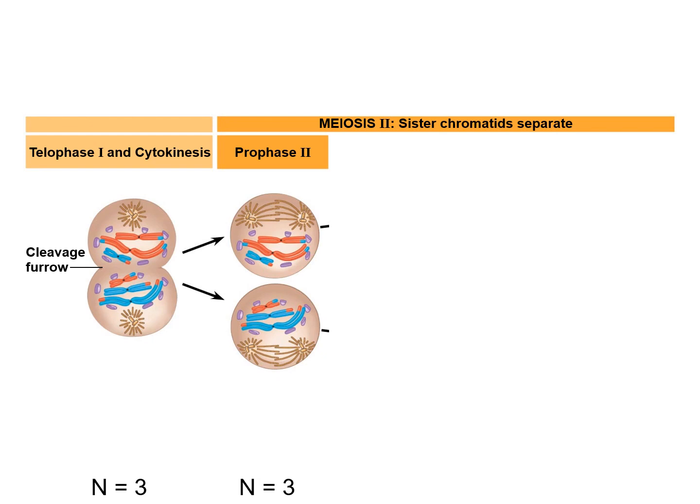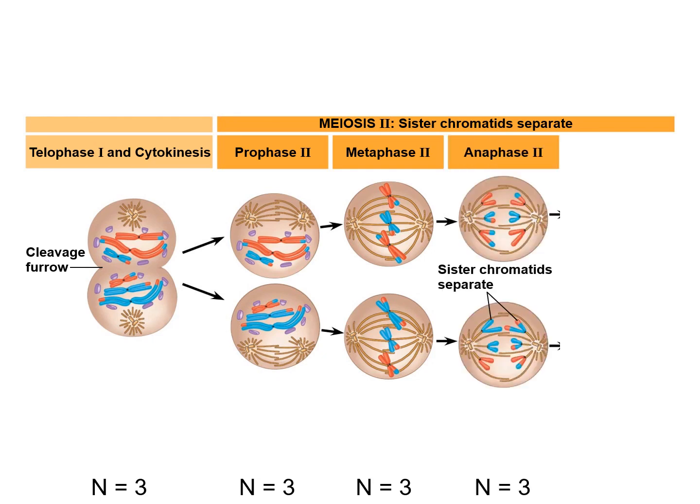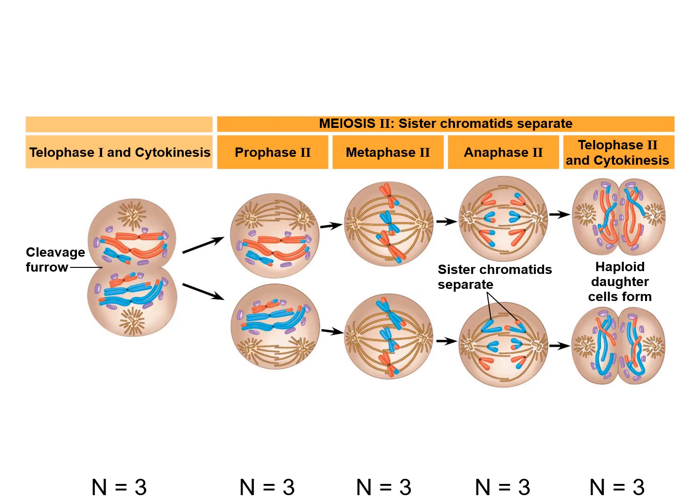This time, when we enter metaphase, the chromosomes will line up single file the way they did in mitosis. The centromere will break down, allowing the sister chromatids to separate in anaphase 2. And in telophase 2 and cytokinesis, the cells will separate again. Notice here that instead of having 2 diploid daughter cells, we have 4 haploid daughter cells at the end of